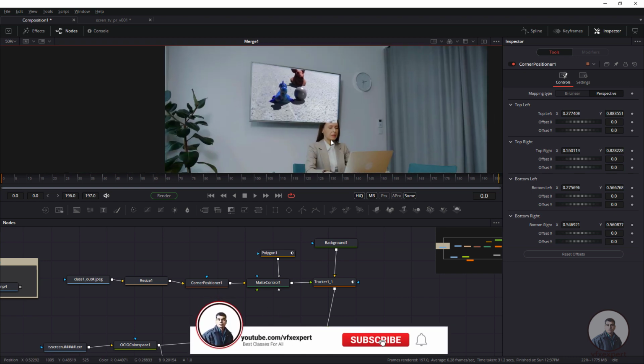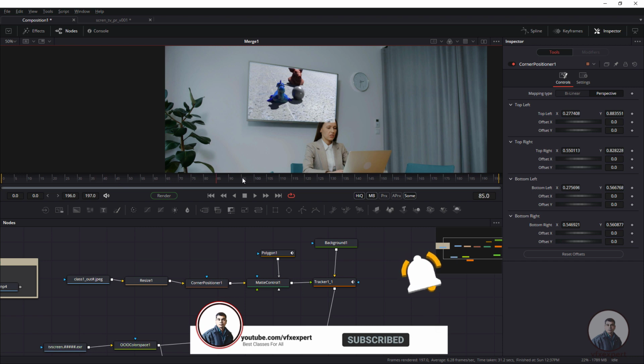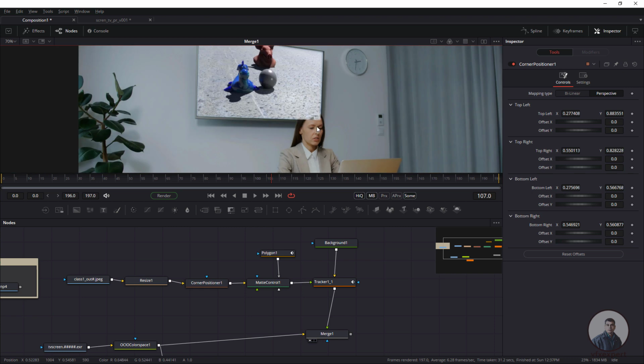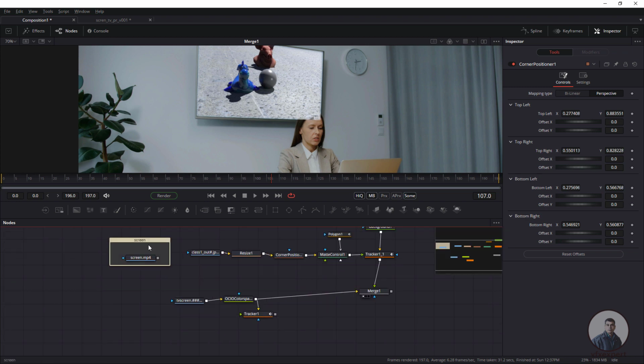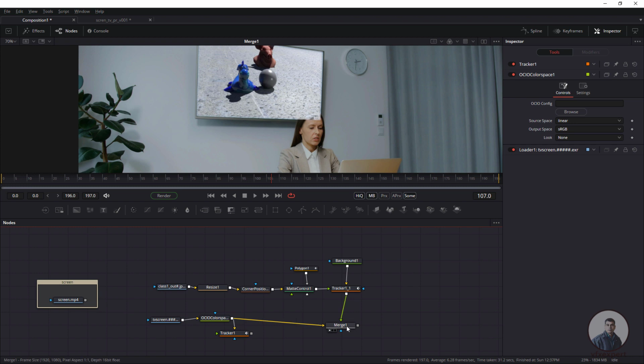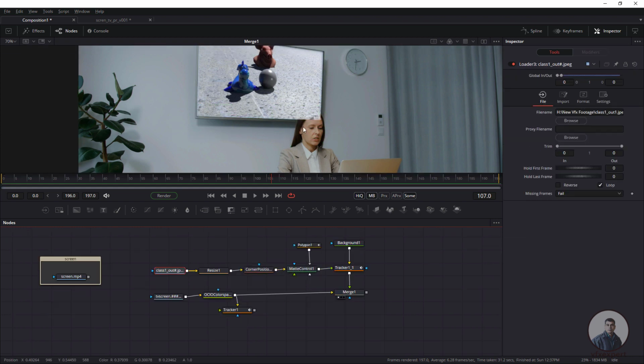Now if you see, the composite is looking good, but this character's head is just below this image. So for this, we can create a roto for this character's head and place it on top of the screens. I am going to create a roto shape for this character. In a proper position, first adjust this flow a little, so we can easily understand. Looking good. Now I am going to track this head.